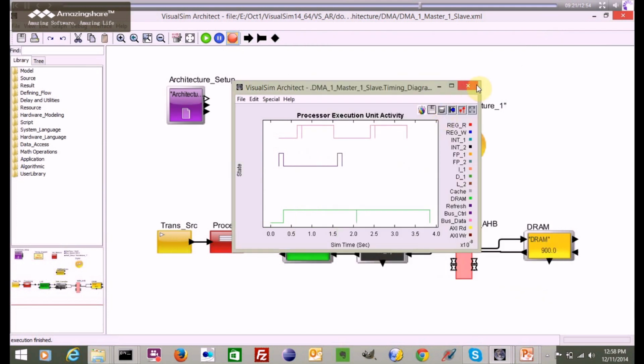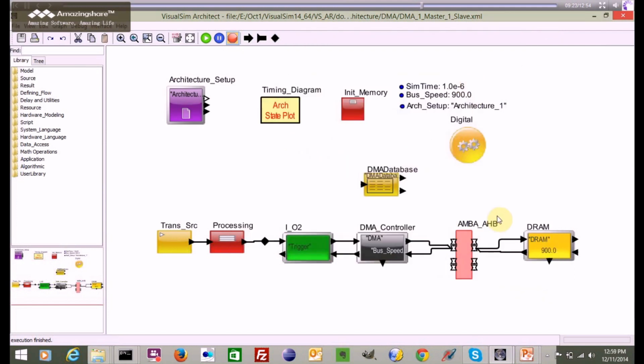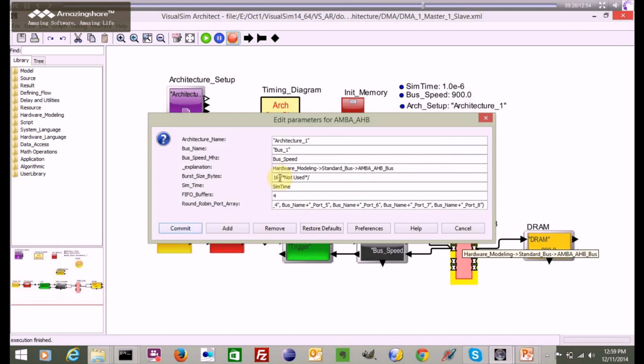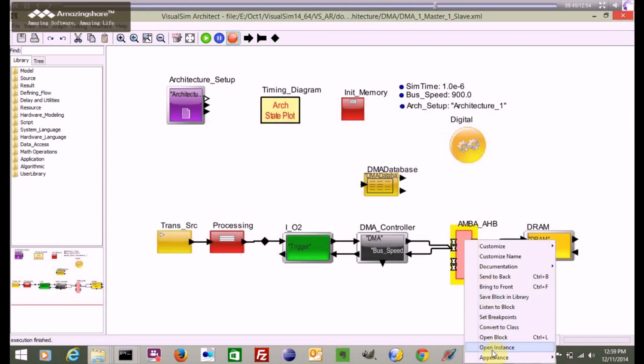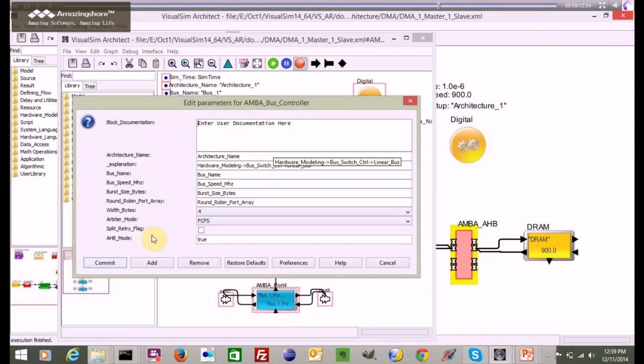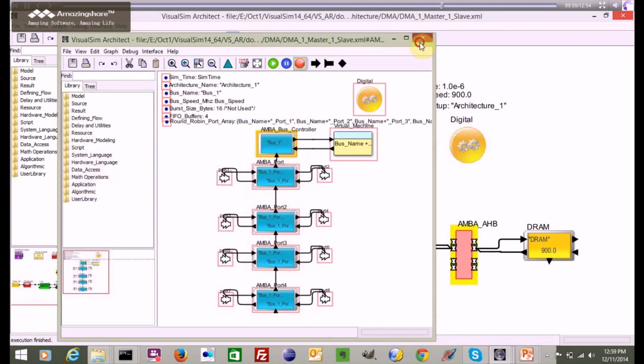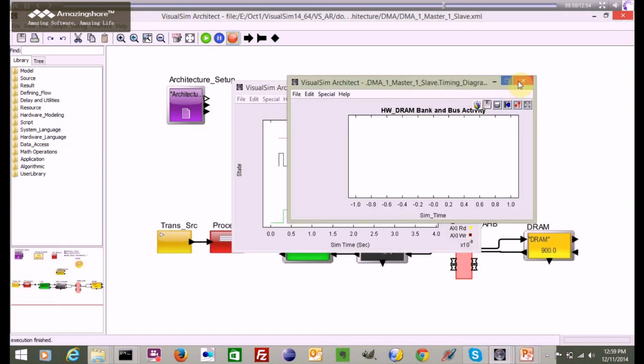So this is how it works, and as you can see in the AHB block, the bus size is not used, and it will not make any effect on the transaction which is going to the DRAM block. If at all you want to fragment the incoming traffic, once again you will have to go inside the AHB block through performing open instance and specify the AHB mode to false and run the simulation again, and you can